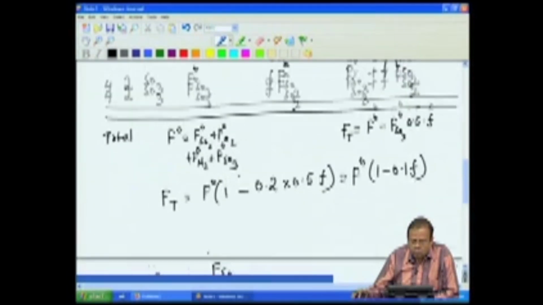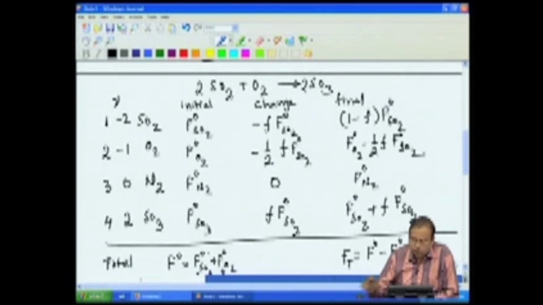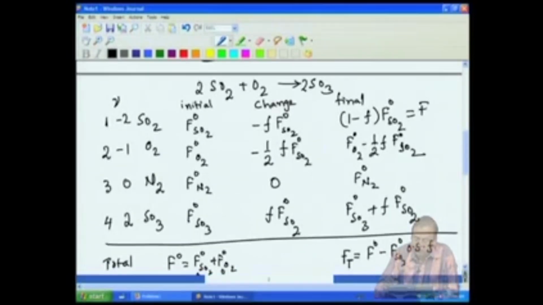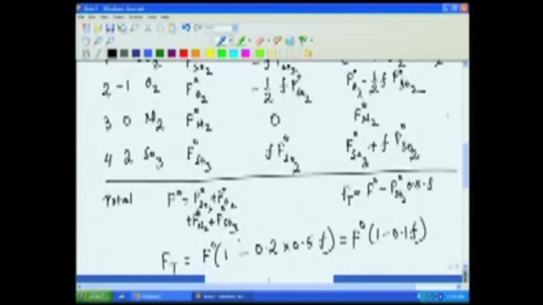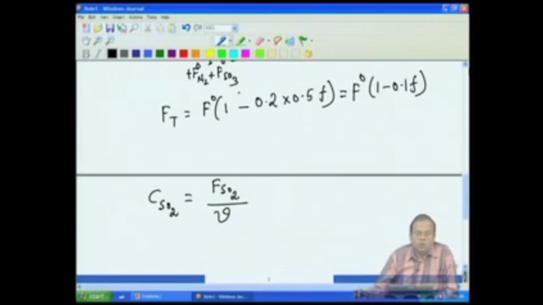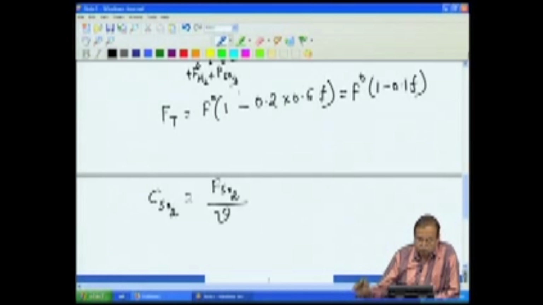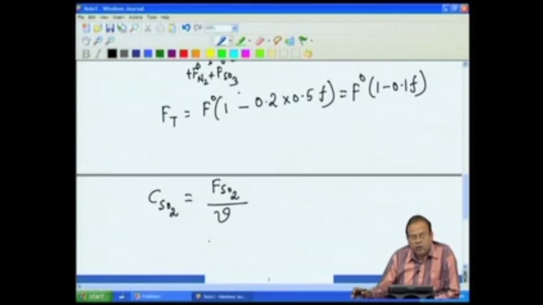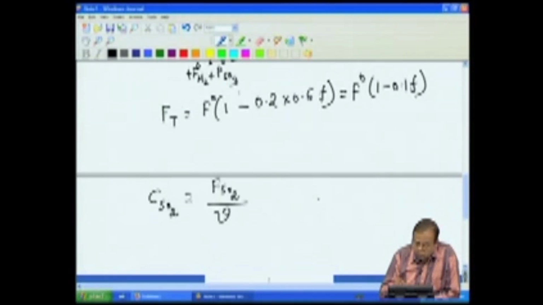We know our molar flow rate, this is my F of SO2, in terms of conversion, but what about volumetric flow rate? Remember, we have a gaseous reaction accompanied by change in number of moles. So, if I make use of my ideal gas behavior,